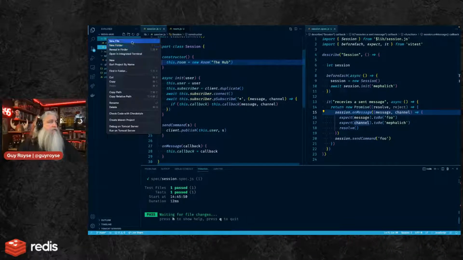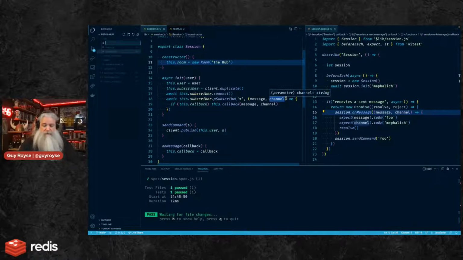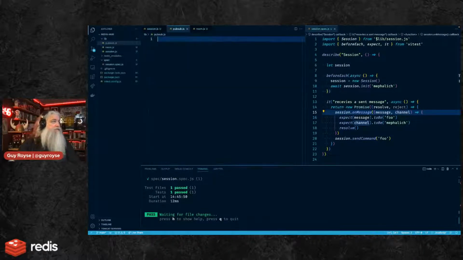Let's look at another file here. I'm just going to call it pubsub, and we're just going to call it pubsub.js for now.